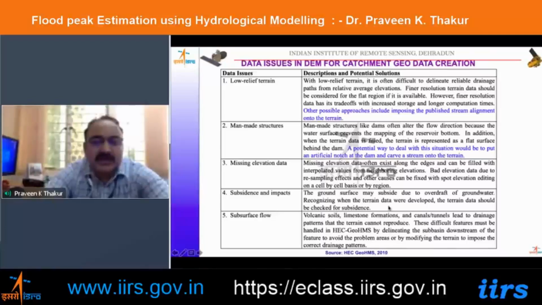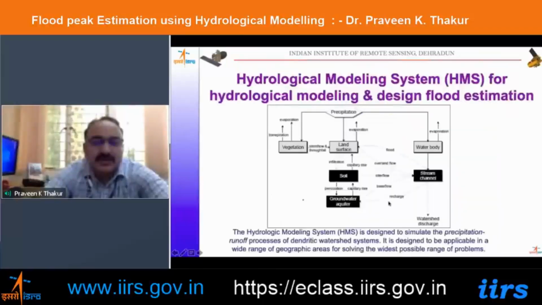Then the area where the flow is dominantly due to the groundwater, in those areas your elevation has to be taken care of. So once you export it, it will come to the main hydrological modeling system where the precipitation,